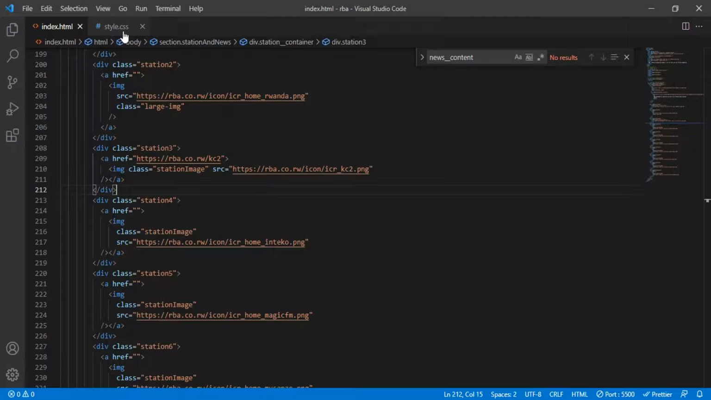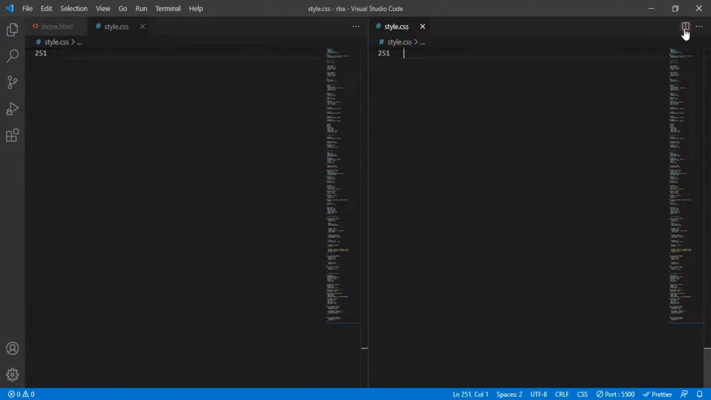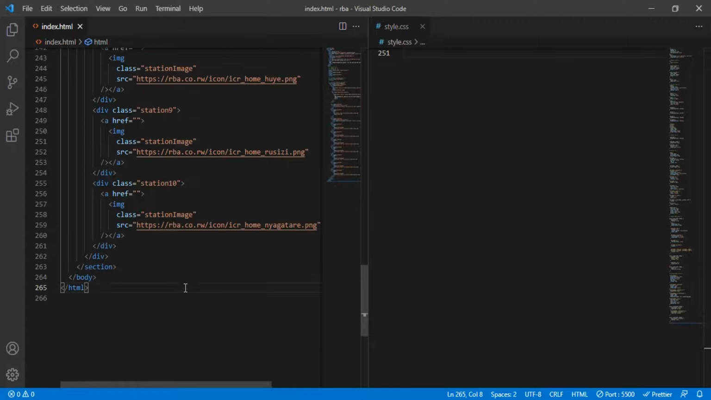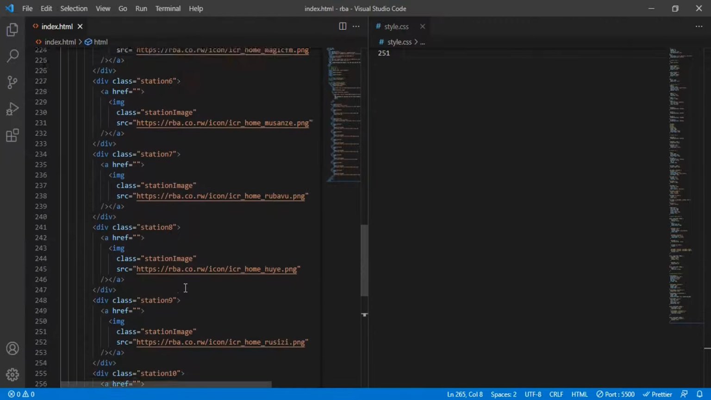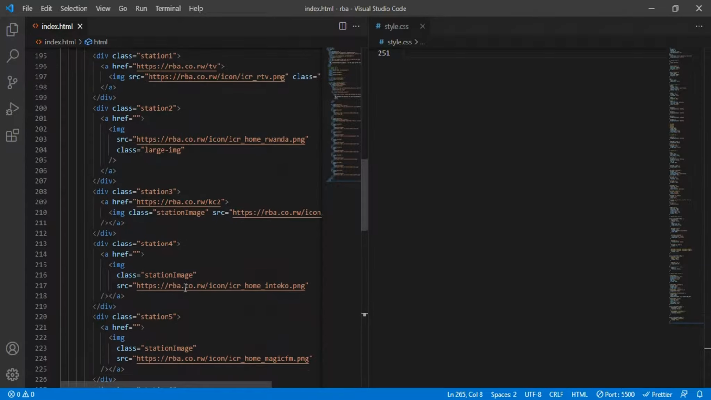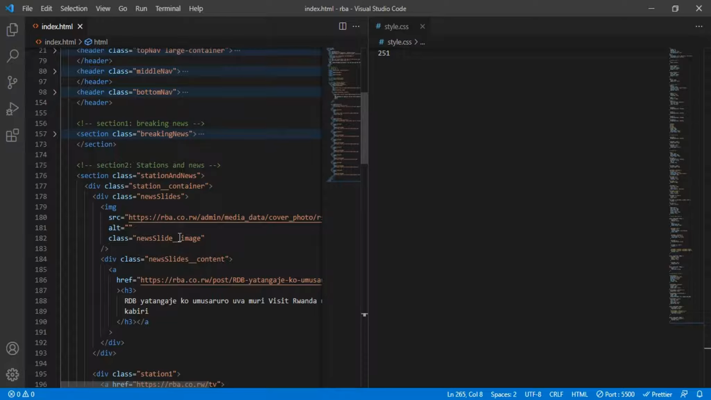Then I'm going to come here in our styles to CSS, then remove the separate window, so that we can see the styles clearly. So let's come right here. You push the same screen. Alright, so in our CSS